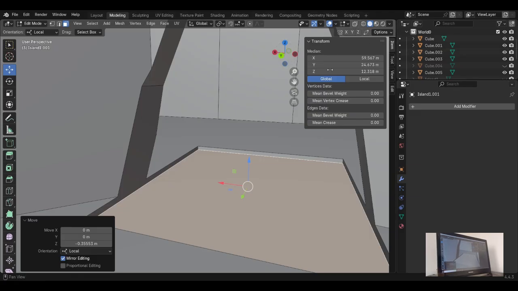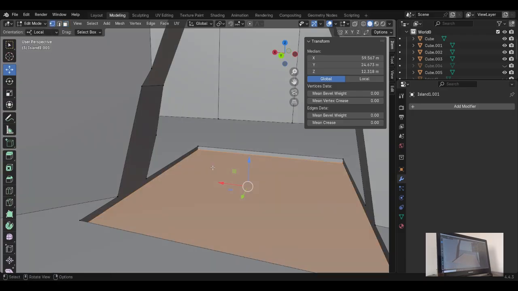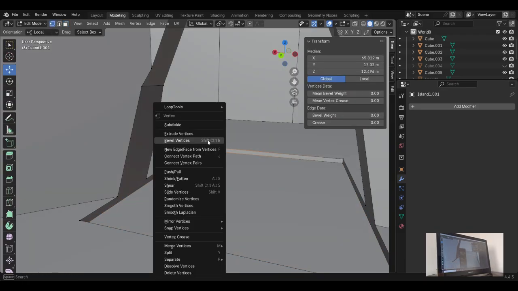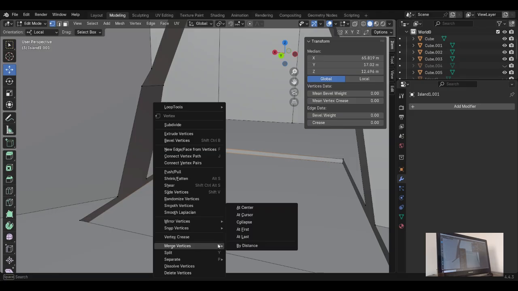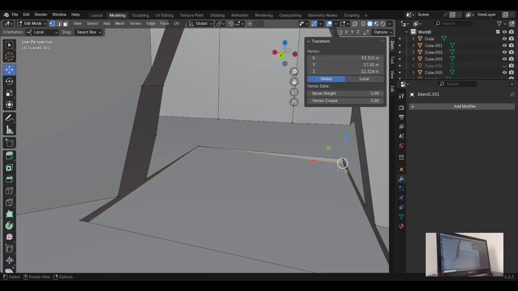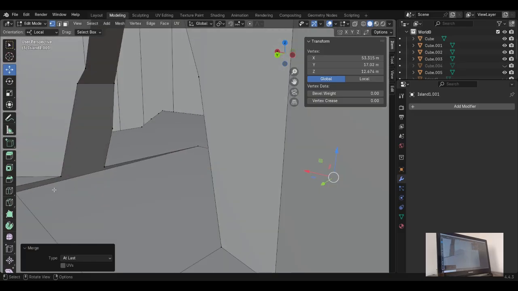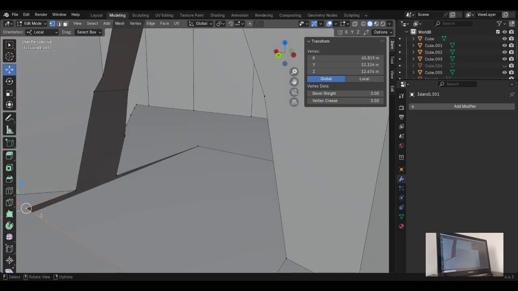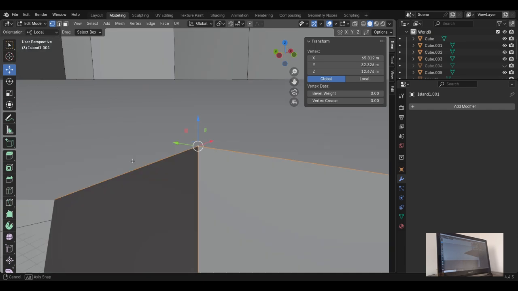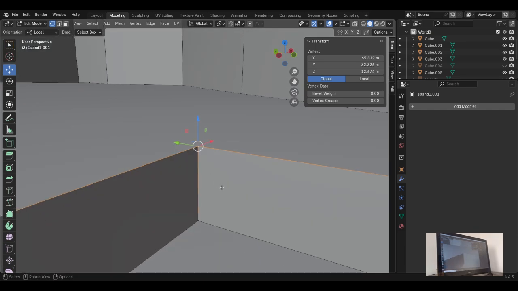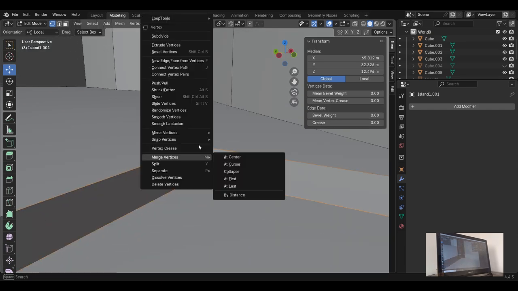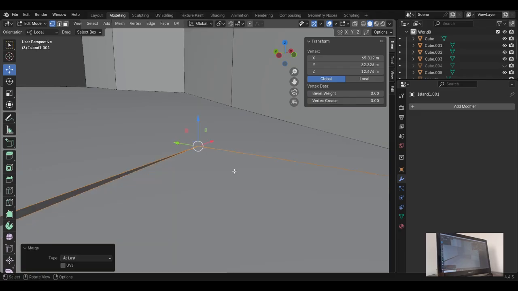If you go to this, merge at last, merge at last, merge at last,